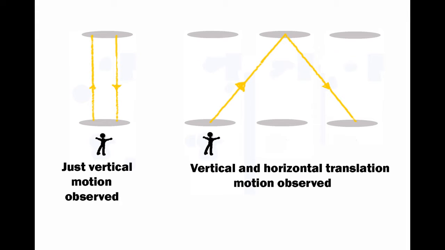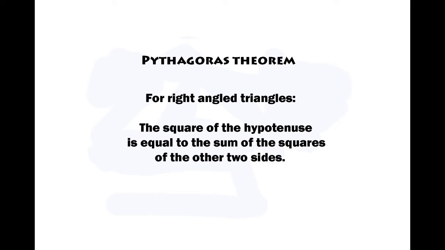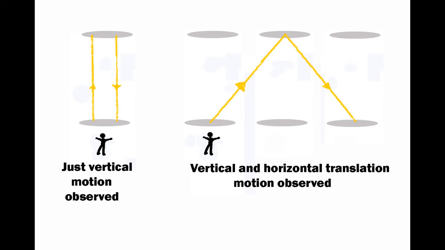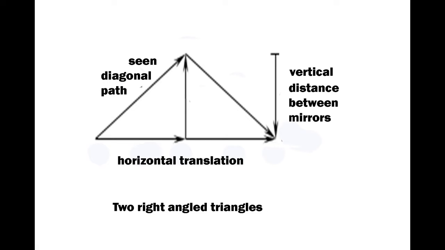When the clock is moved laterally, it will seem that the light must travel further, diagonally, between the mirrors. Pythagorean mathematics can be used to calculate the apparent difference in distance traveled by the seen light, according to a stationary observer of the moving light clock system, compared to the distance when it is seen to be stationary. The distance between mirrors of the material clock is known, as is the distance translated. Using these measurements, two right-angled triangles can be formed, and the length of the hypotenuse representing the diagonal path can